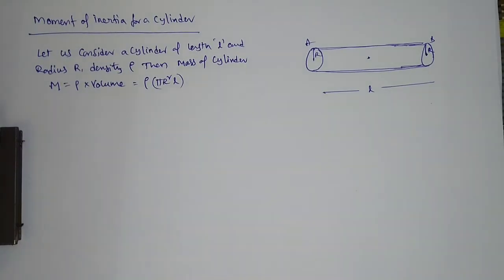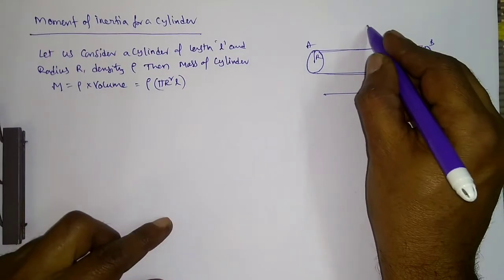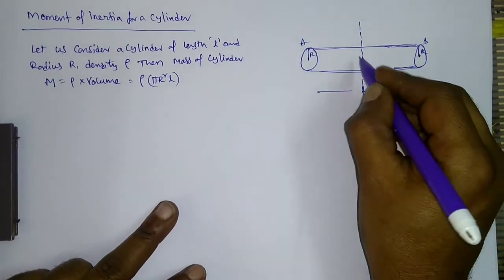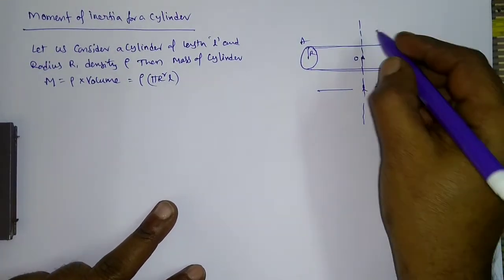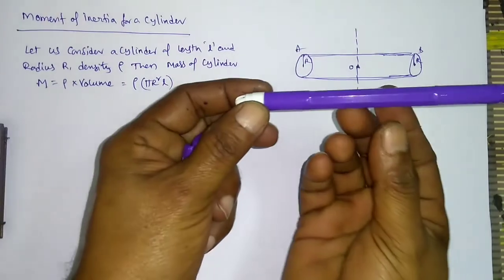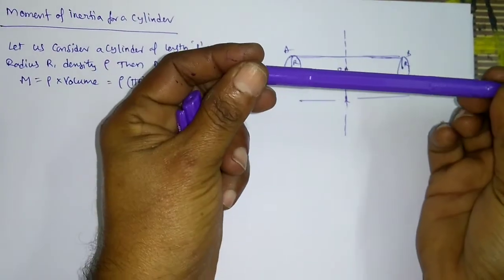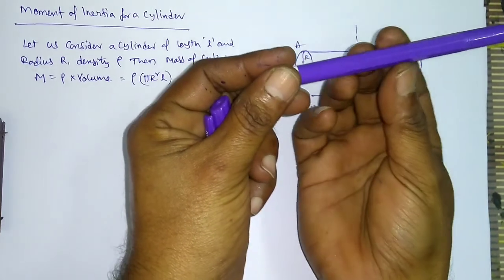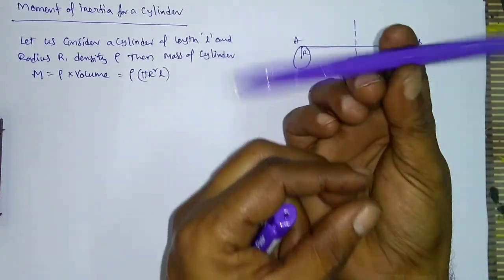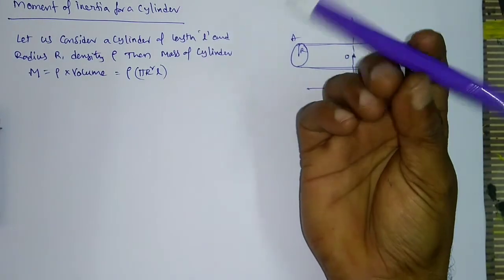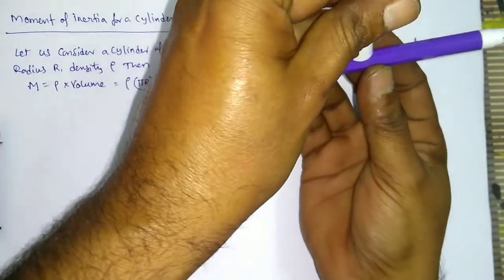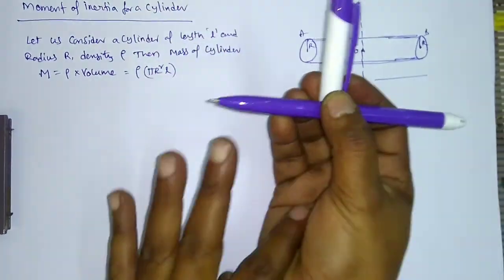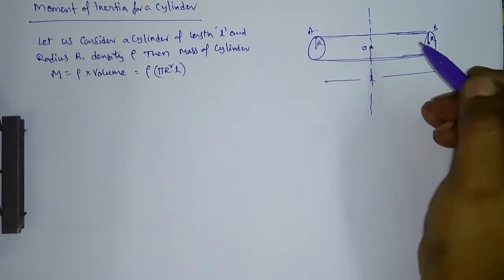Okay, for this explanation, this is one axis passing through the center of the cylinder. Let us say this is the O axis as usual. Exactly, a pen is the best example for the cylinder. Now if you cut this part, this will be the central point. This will be rotating like this, passing through the axis. This is the central axis. This is one axis, the axis O point I am considering here.